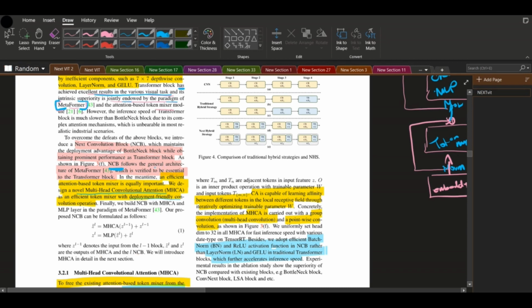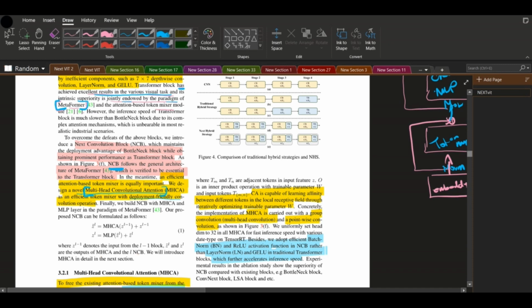So essentially, what they did was to be able to pay attention to different parts of the input. So they designed this thing called multi-head convolutional attention. You can think of it like it uses multiple heads to look at different parts of the input at the same time. Then they combine the outputs from these multiple heads to get the overall picture. So the question is then, how did they build this